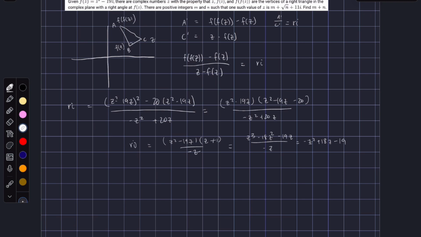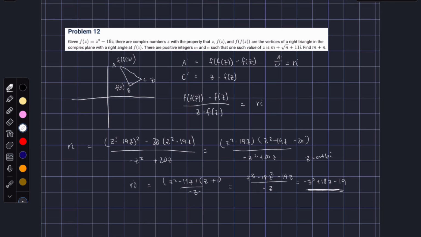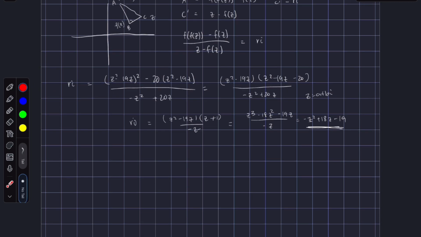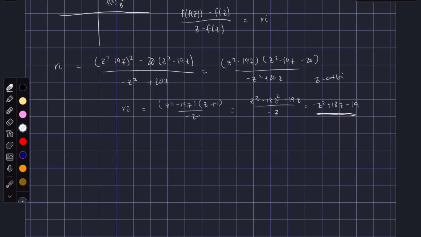And now, when we have this, I'm going to let z equal a plus bi, and we do know what b is, given from over here. We can see that b is 11, but I'll go ahead and plug that in right now. So that becomes